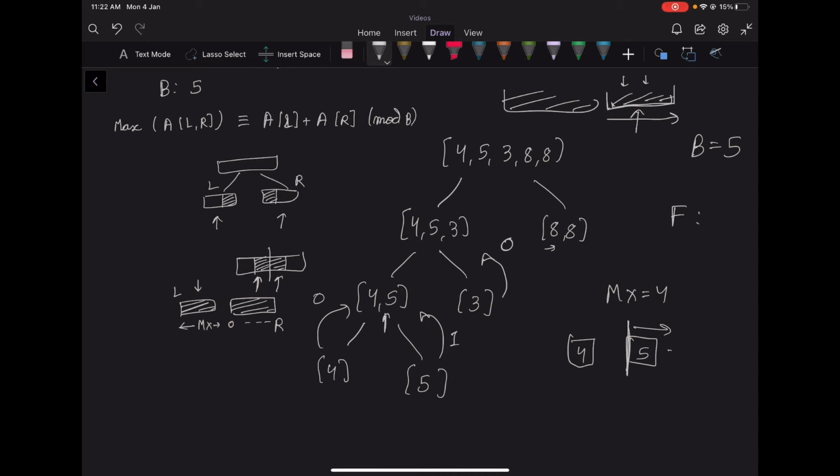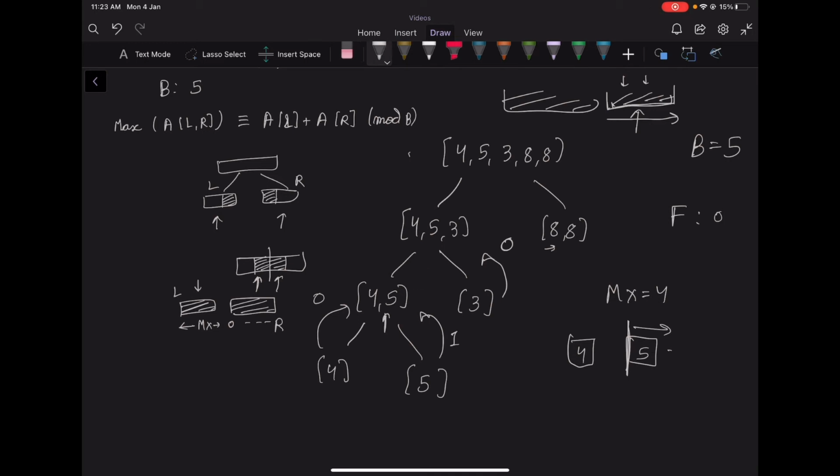Currently, the frequency of all the elements will be 0. So, what elements do we want in the right index? The maximum value is 4, AL is also 4, so AR will be 0 modulo 5. But the frequency of 0 is still 0. So, this conquer part gives us no answer. So, we return 1 from here.